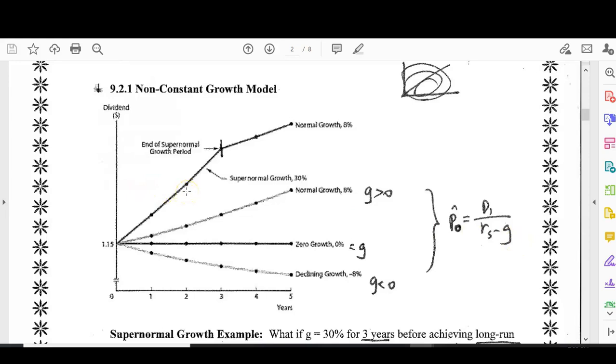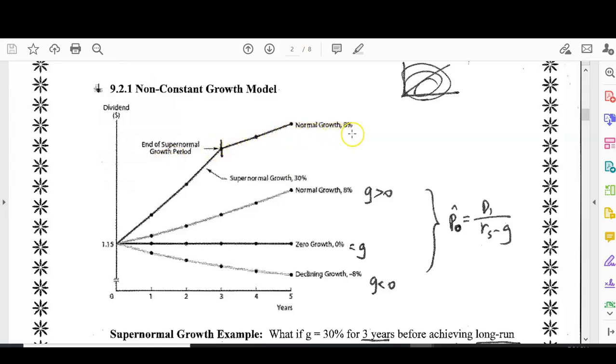So for this lecture, we're going to focus on this first line here, where we have the non-constant growth model. Okay, two-stage model. In the first stage, it's usually supernormal growth. It can be as large as a 30% growth rate, G. In the second stage, the firm becomes more stable and mature, and the growth rate could be just a